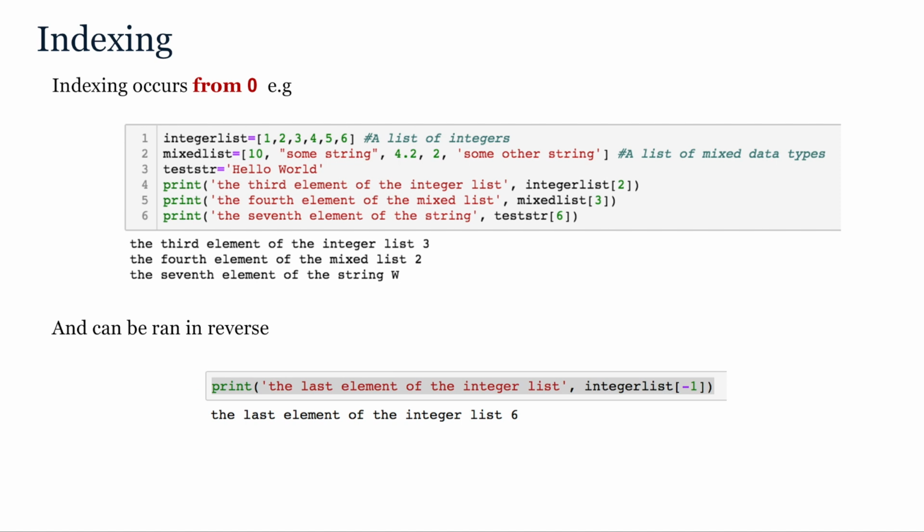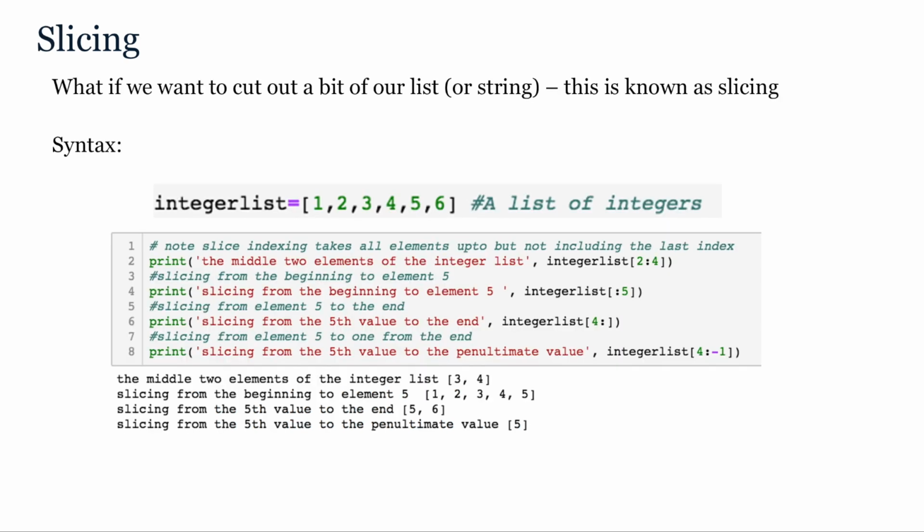Indexing can also be run in reverse. So if we want the last item of a list, we can use the index -1. As sequential data objects, this means that lists and strings can also be sliced into different subsets. So the syntax for this is to define a range which is inclusive of the first index and exclusive of